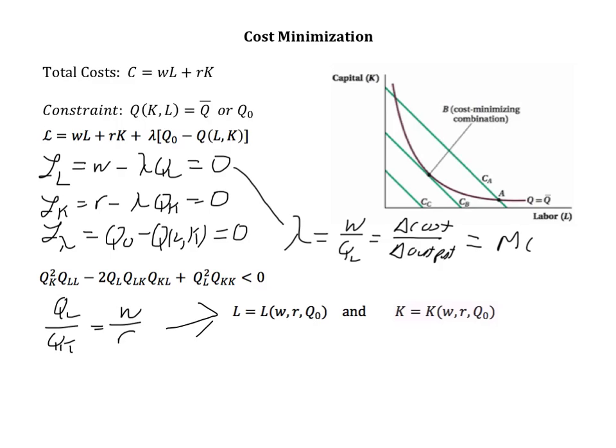Substitute these back into the expression for costs, and we get the cost function, which conveys all we need to know about the economically relevant portion of the production technology and the responsiveness of the firm to changes in input prices, all emerging from cost minimization. And we end up with